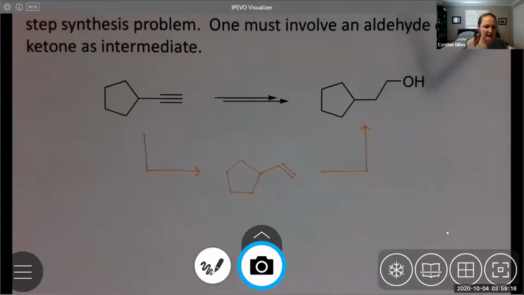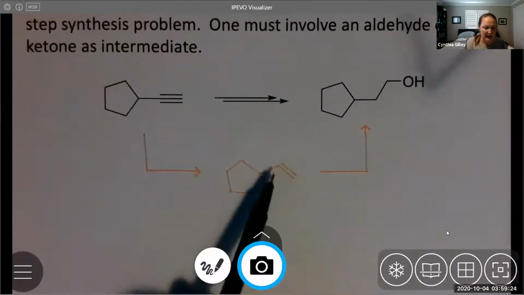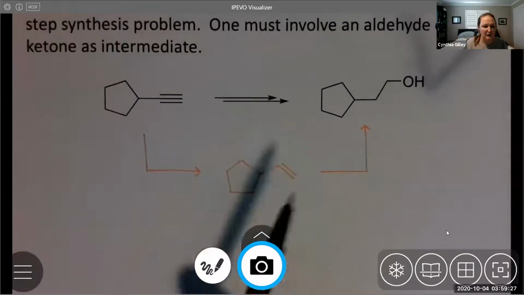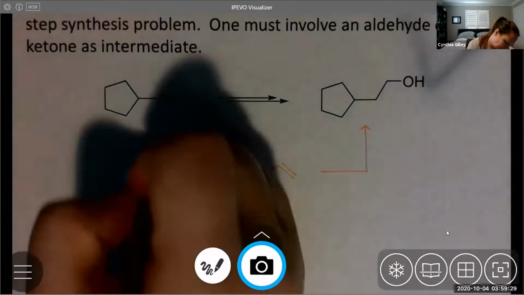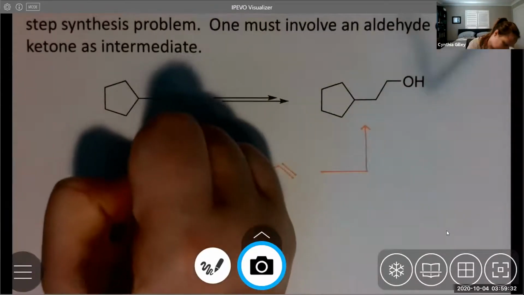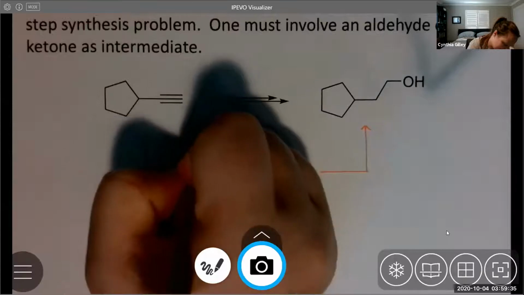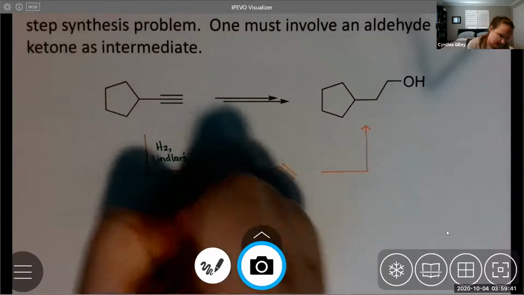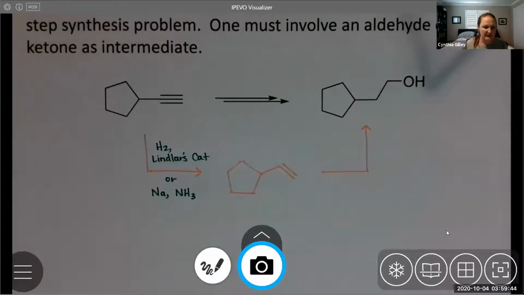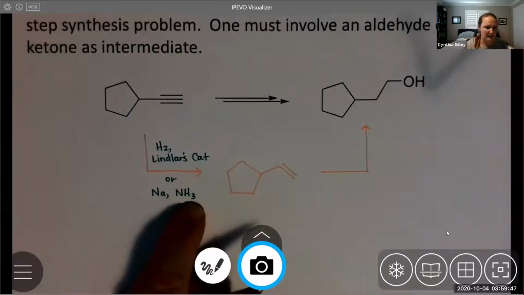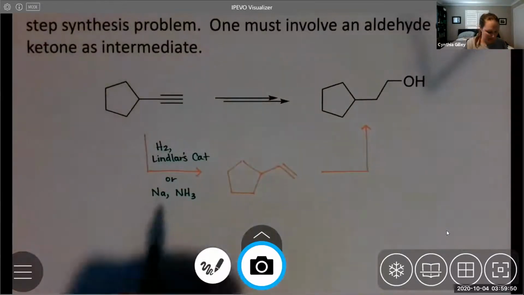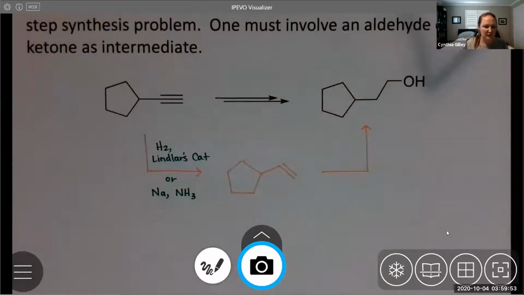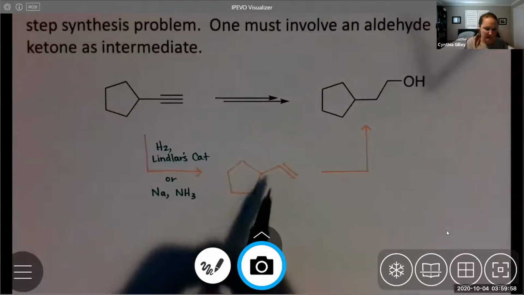So reduction of an alkyne to an alkene. In this case, we don't have to worry about this being cis or trans. So you could either use hydrogen with Lindlar's catalyst, which is a poisoned catalyst, or you could use the dissolving metal reduction reaction with sodium and liquid ammonia. This is very different from NaNH2, by the way. Notice the comma here, right? So this is sodium metal and liquid ammonia. Either one of those would reduce the alkyne to an alkene, particularly if we don't need to worry about stereochemistry